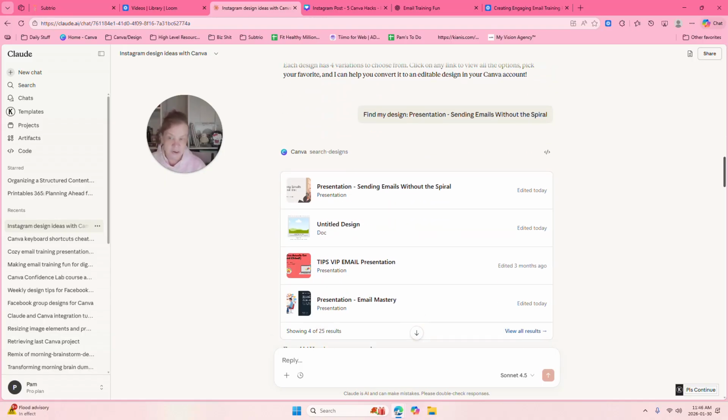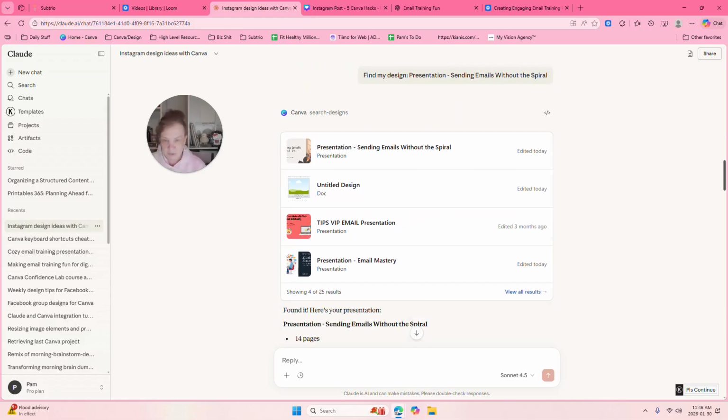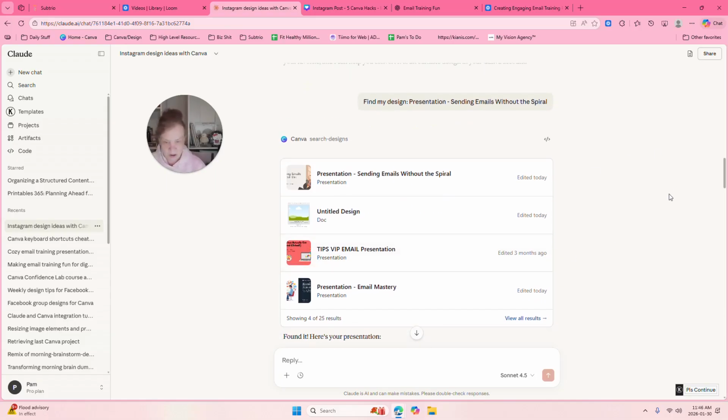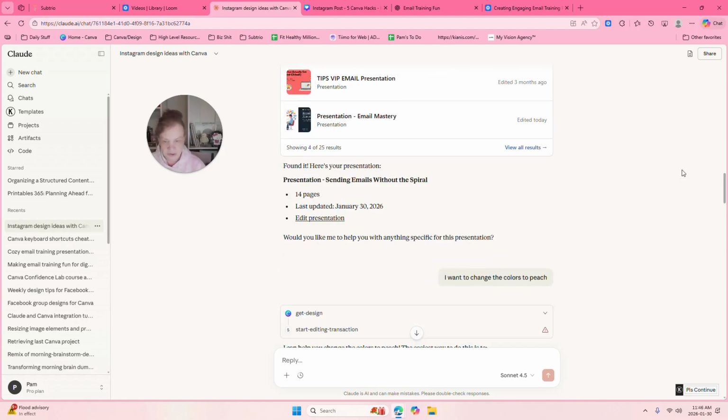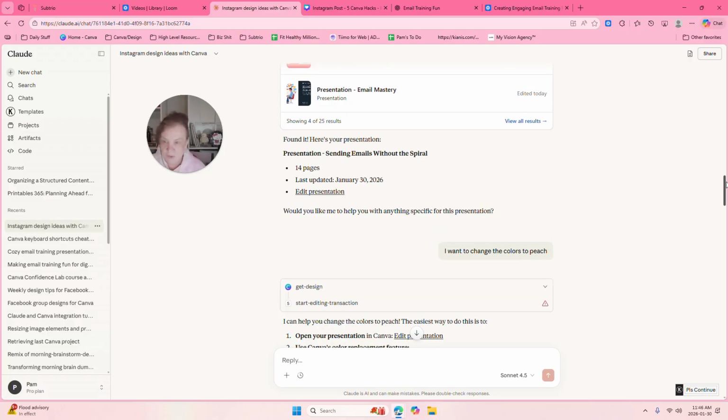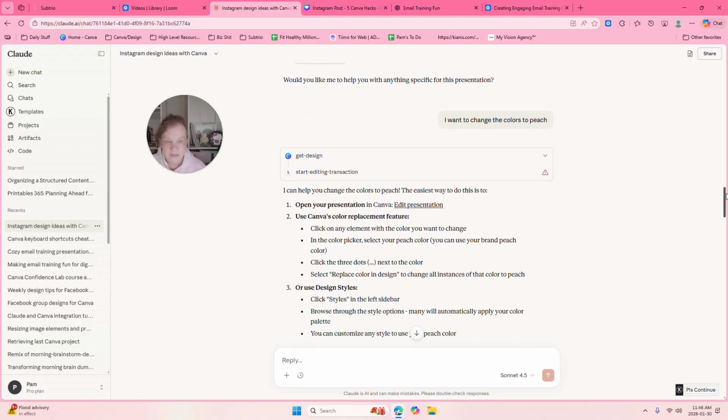Now I asked it to find something in Canva, and it found it. And yep, it found it. It's going through the search. It found it, and then it tells me what you can edit right here. This is what was updated. All that. Hello, that's a great feature. It can search Canva for you. All right. Now,